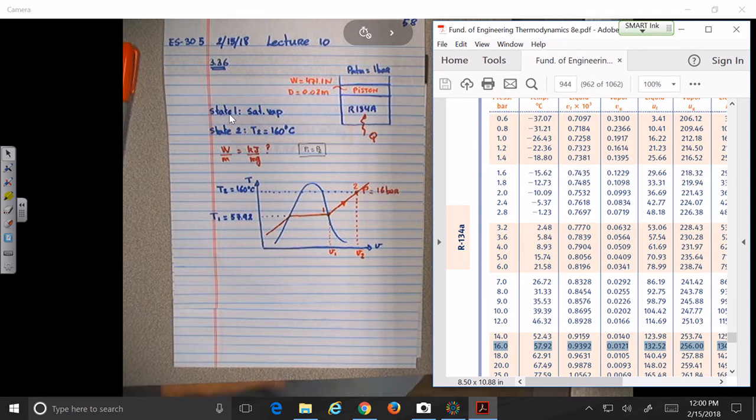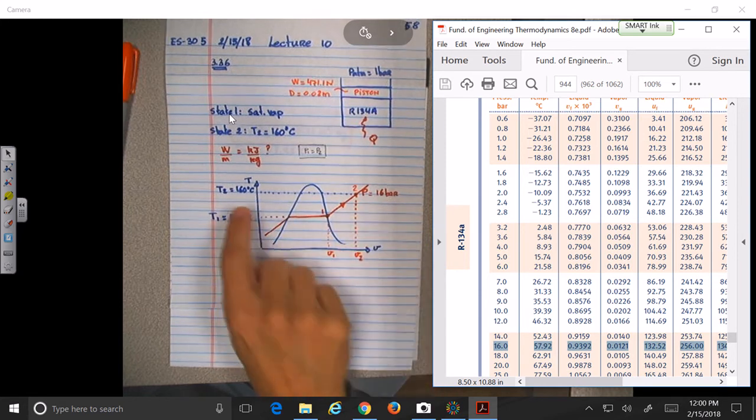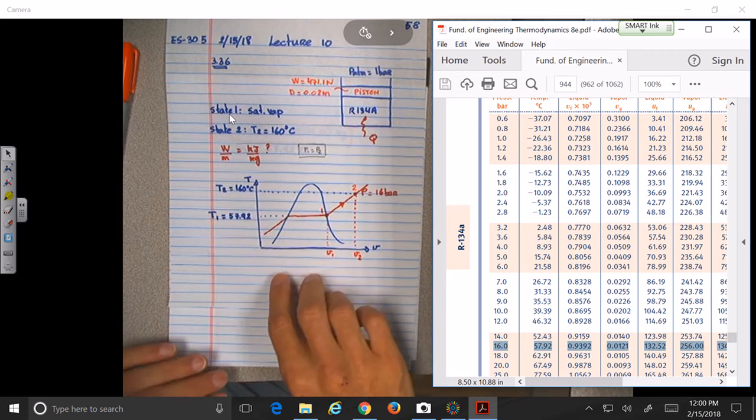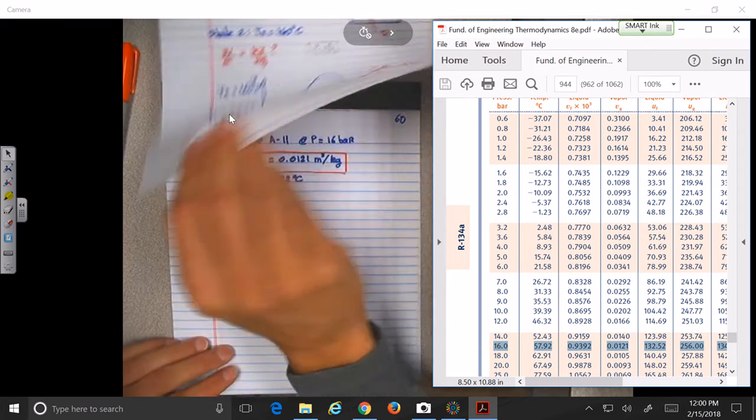V2 will be over there, no? So in order to use the tables, we always need to know two things. In this case, we know the pressure, and what else do we know? The temperature, okay? So now we know from the figure that we can go probably to a table,